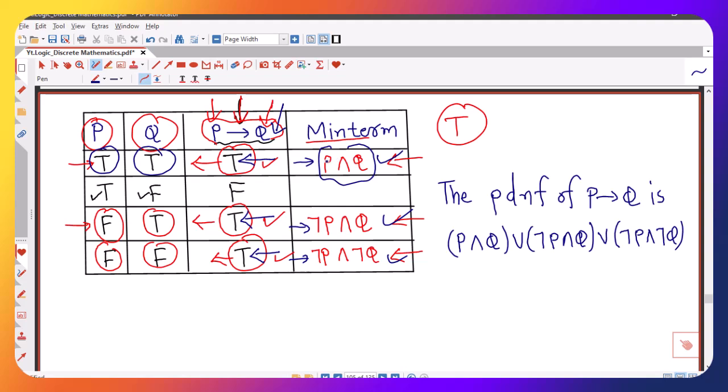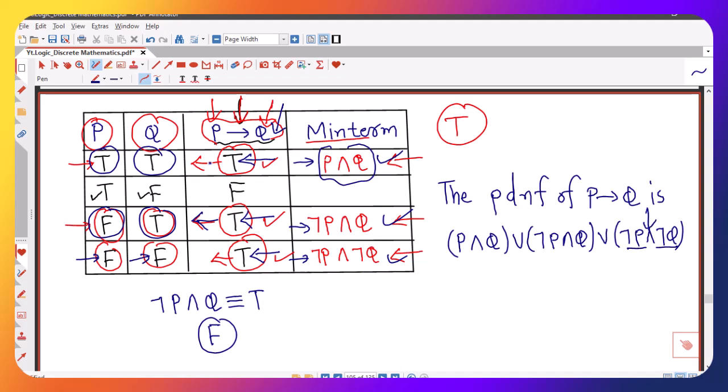We know that p and q is true if and only if both are true. Now corresponding to this truth value, p is false and q is true. So if I consider p and q, then that is going to be false because p is false. So instead of p I will consider negation p, so that this becomes true. And here we have both false, therefore we have taken their negations joined by the AND operator,